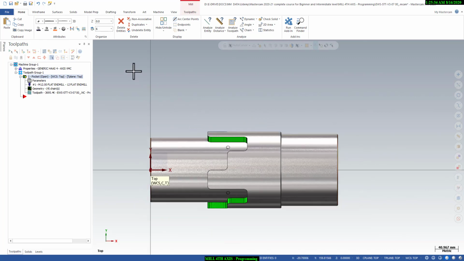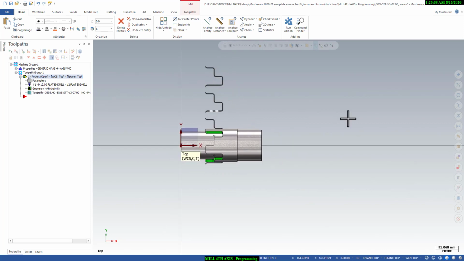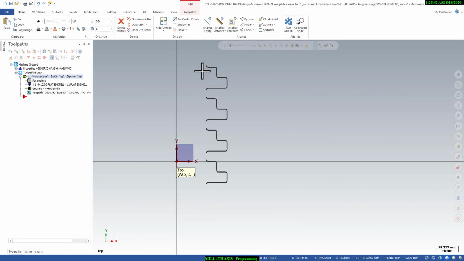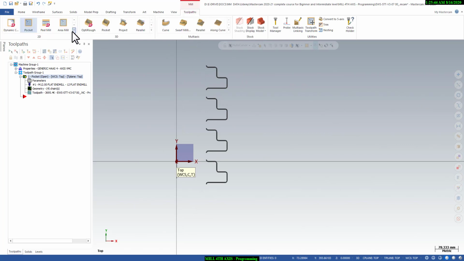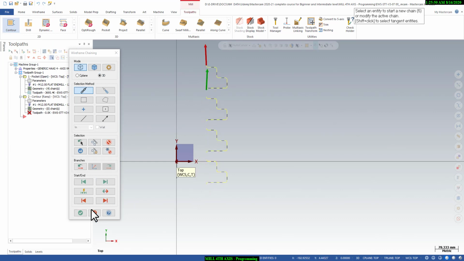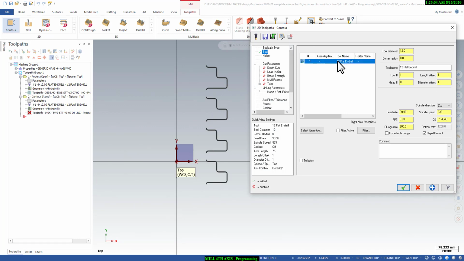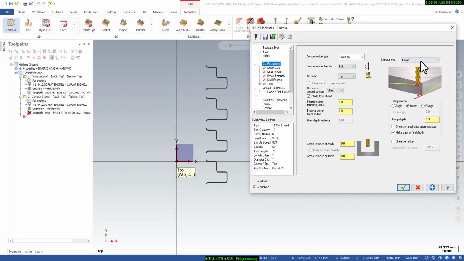So simply we will go to the same tab. We will select this curve from here, select all curve and hide, and here we will say toolpath, and then we will say contour, first, second, third and fourth. Okay, we will go to the tool tab. We will use the same tool, 12 mm end mill. In cut parameters, we will use the ramping toolpath.